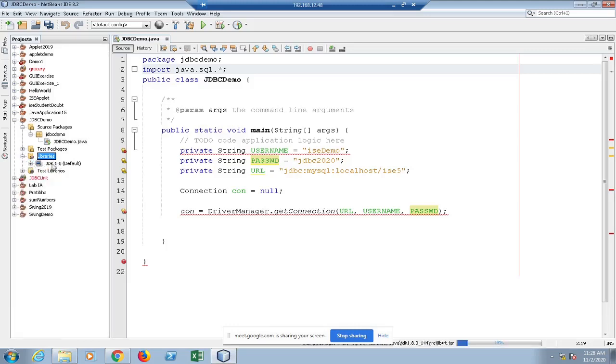When you expand this, by default it has JDK files. Apart from that, I also want to have JDBC driver. Right click on libraries, click on add jar/folder. Jar stands for Java archive files. It will have compiled program and it will be stored as archive jar format, executable in the form of jar file.